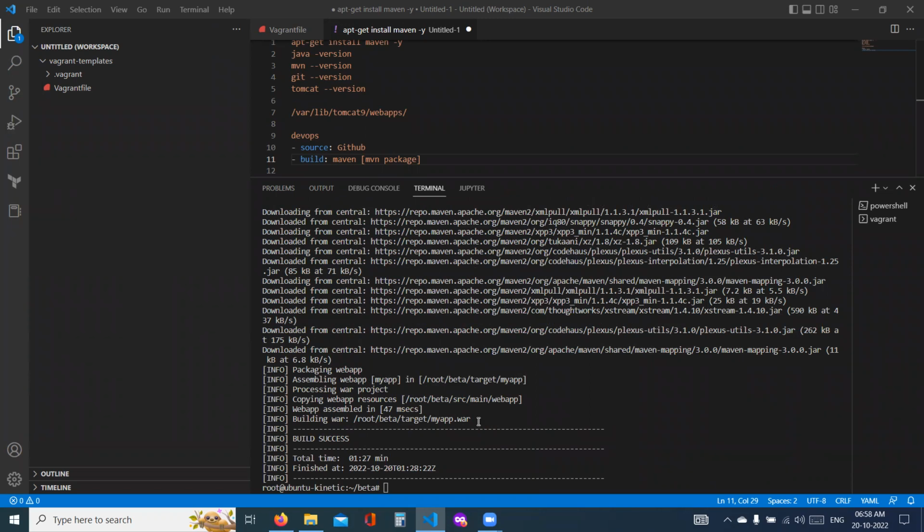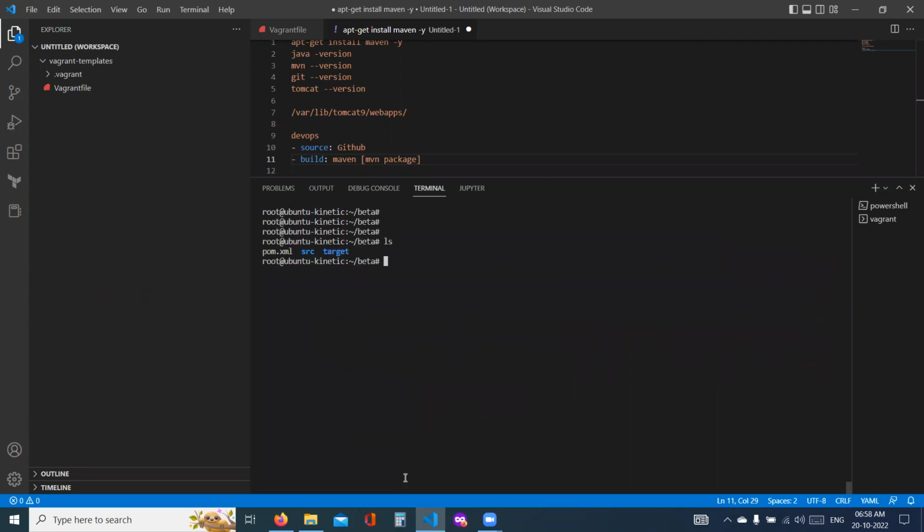So participants, is that a confirmation? Now you get to see the application war package is created. There is a target folder, there's an ls folder and the application myapp.war file. What I'll do now, I'll go ahead and copy, like in Windows we have copied. I will run a copy command. That is, can you go ahead and copy, cp, from the target folder the myapp.war file